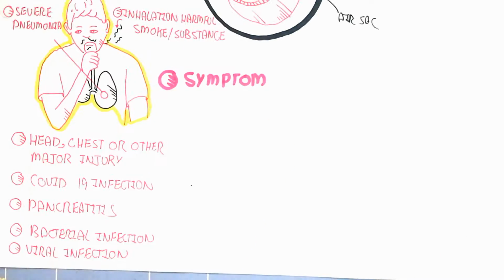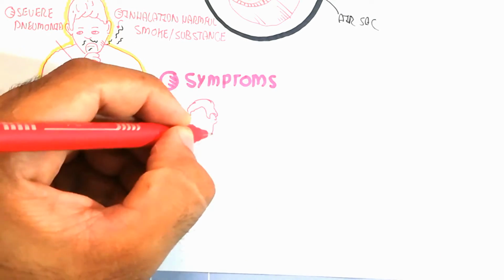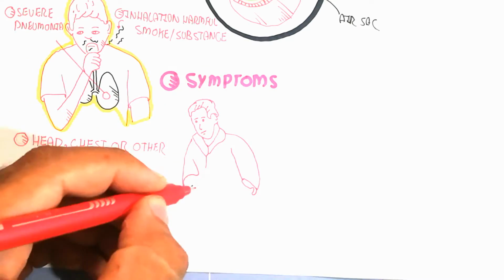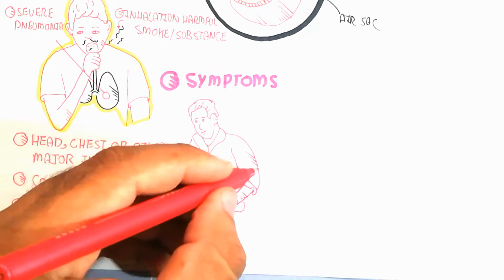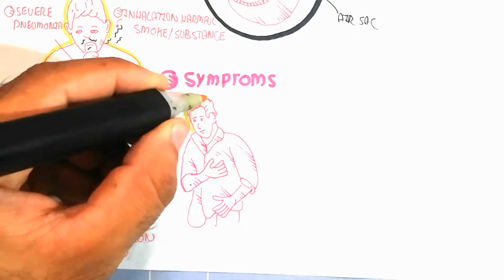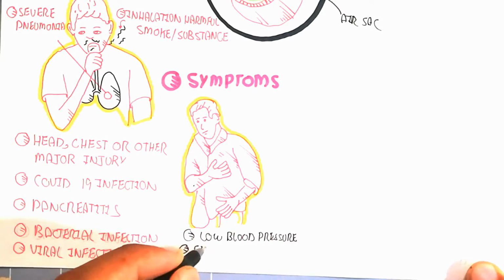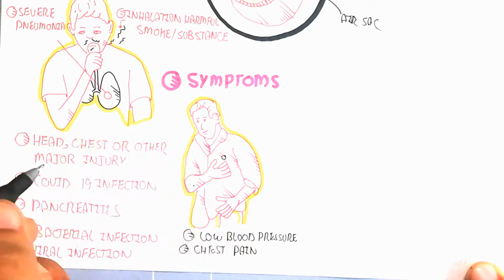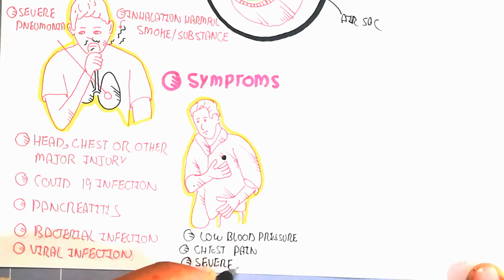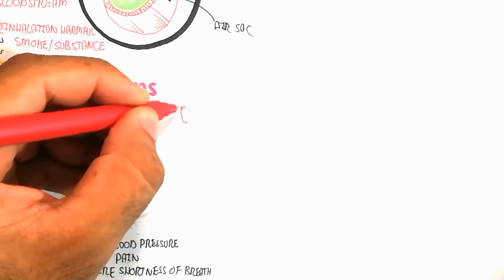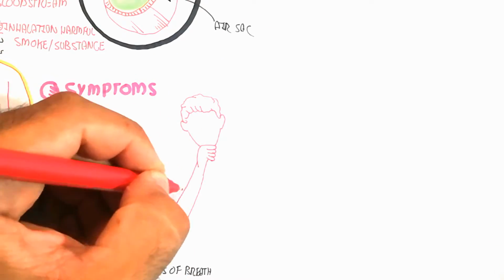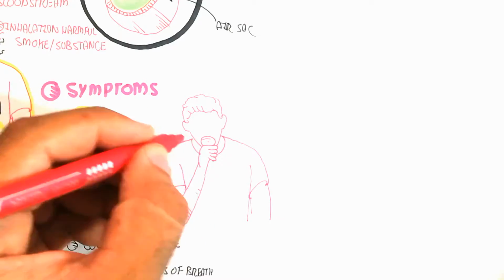So let's begin to understand the symptoms. There are many symptoms, but we will discuss just the general symptoms. The low blood pressure, due to the loss of fluid from the blood vascular system into the lung, and the chest pain. Chest pain is due to the fluid-filled air sacs, which lead to inflammation, and severe shortness of breath,